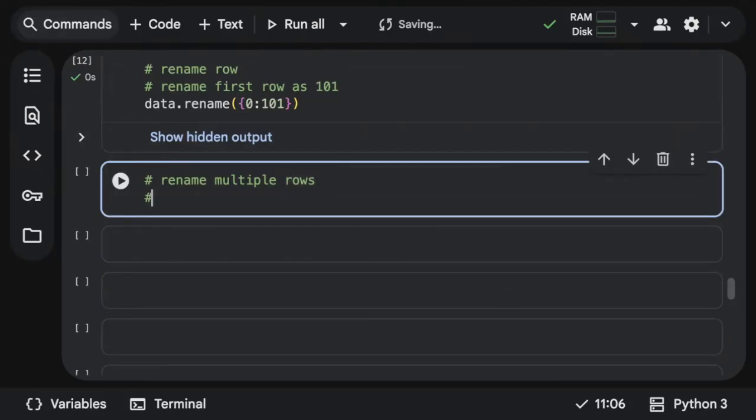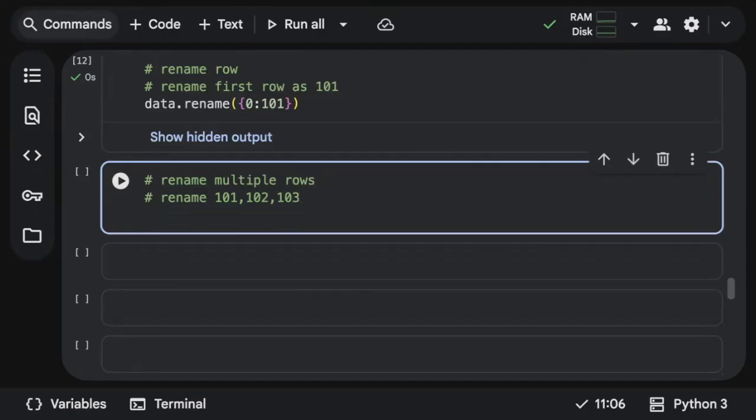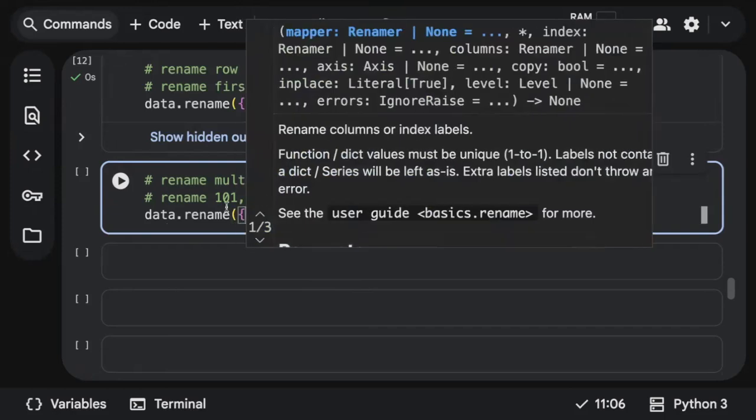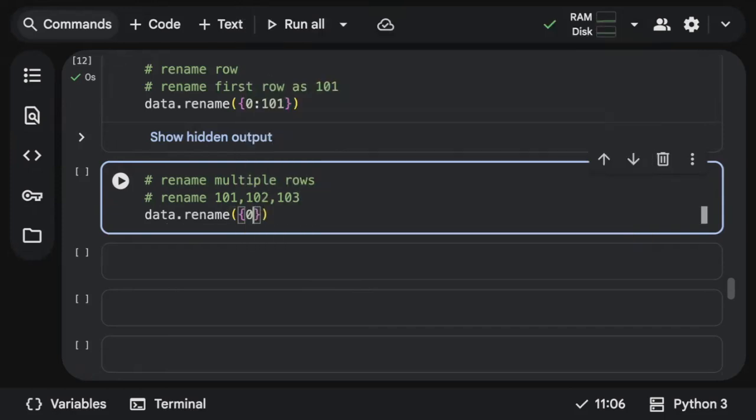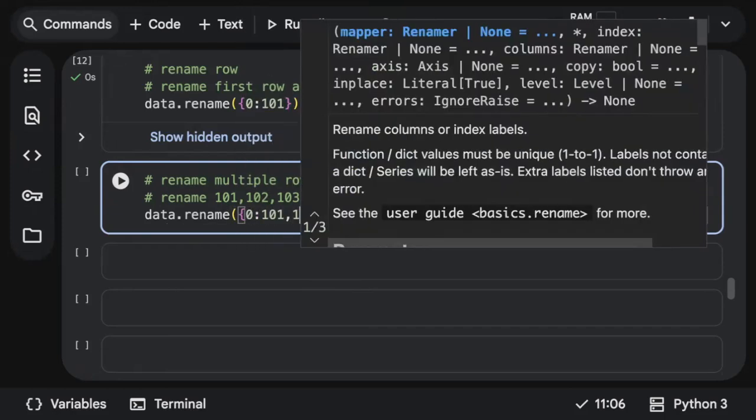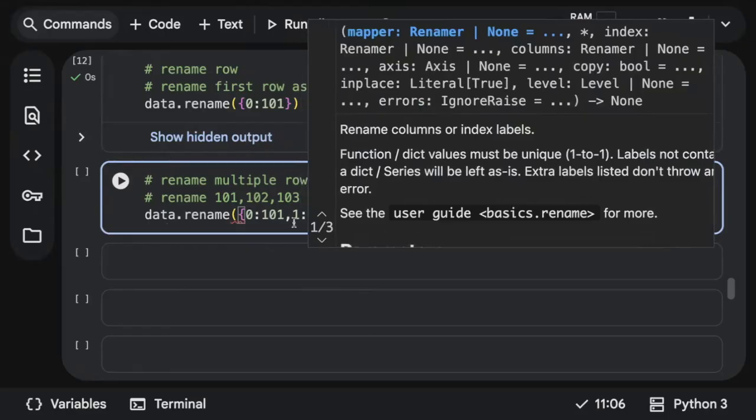Still, if you want to rename multiple rows, also rename the first row as 101, second row as 102, third row as 103. Simple. Call your data dot rename. Use your curly braces and just start writing. First row index is 0, it should be 101. Second row index is 1, it should be 102.